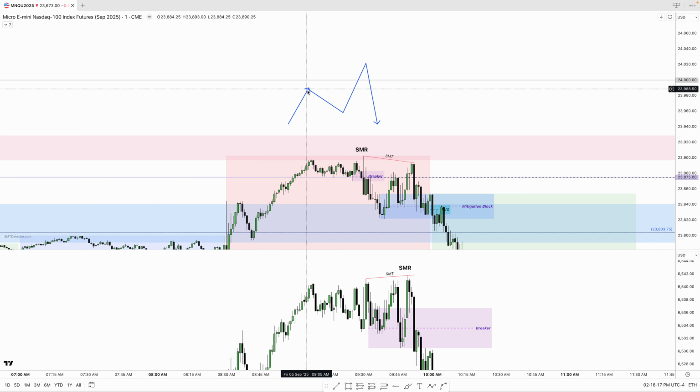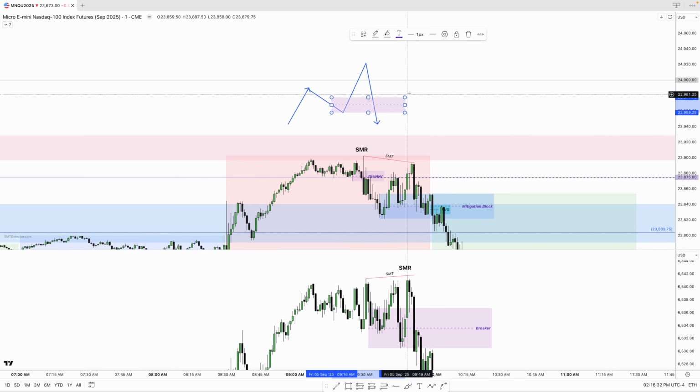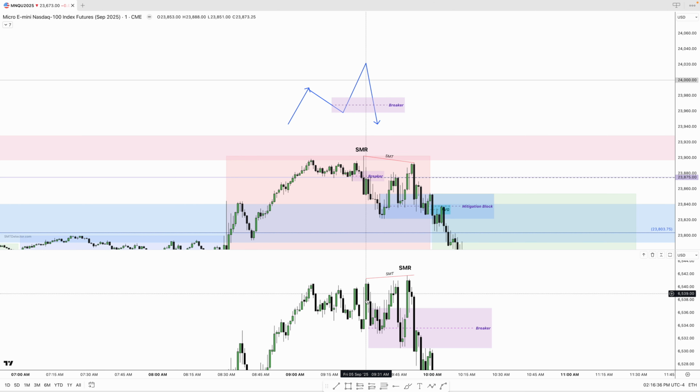Okay, we have a high, low, high, lower high. We have a high, low, high. Break that low. So we break that low, that becomes a breaker. Right there, that would be the breaker. ES, we have the mitigation. So we have the high, low,